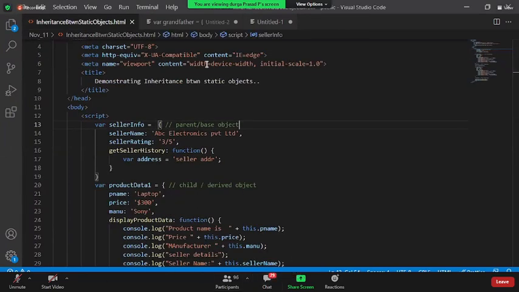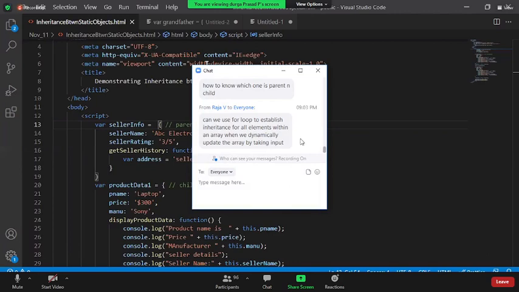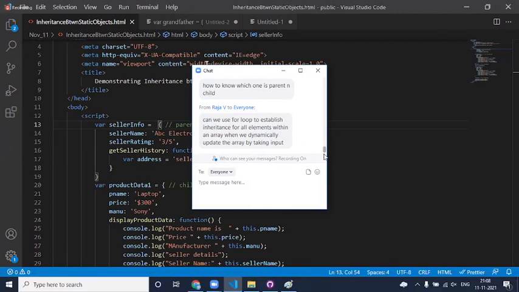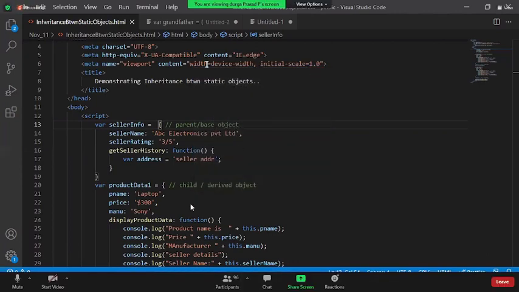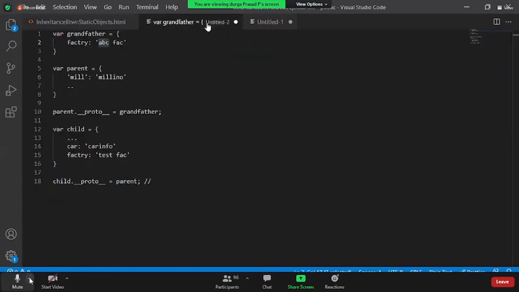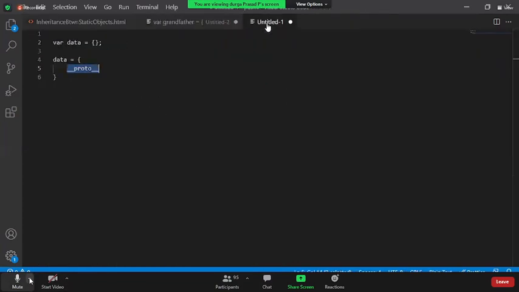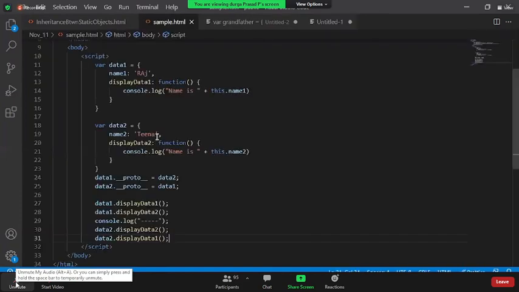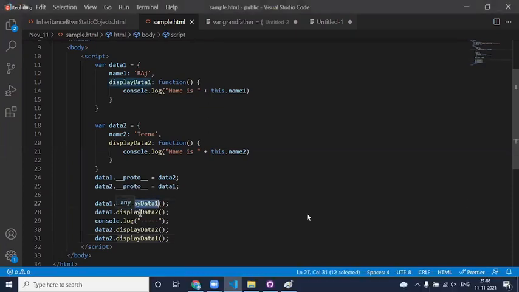Sir, can parent inherit from child? A parent can inherit from child? No. Parent cannot inherit from the child. Now, when I say A inherits B here, if you see in the previous example, when I say data 1 dot proto, obviously data 1 dot display 1 is coming, data 2 dot display is coming.